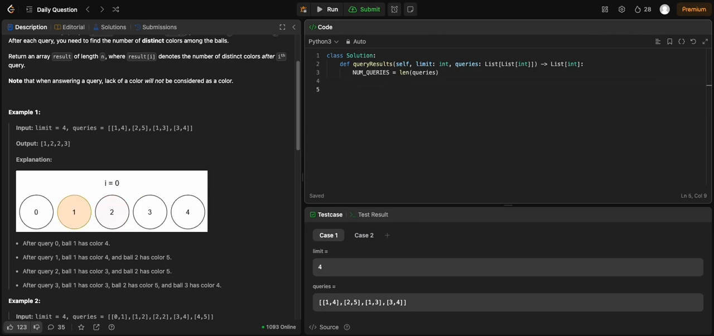So we have ball to color, and then we have color frequency. So now we can loop through all the queries. Yeah, we don't really need this actually. So for